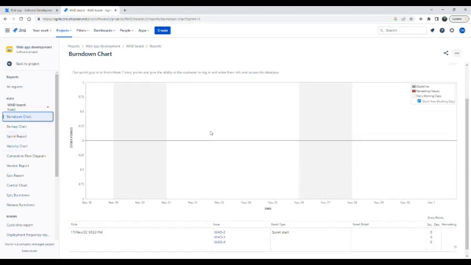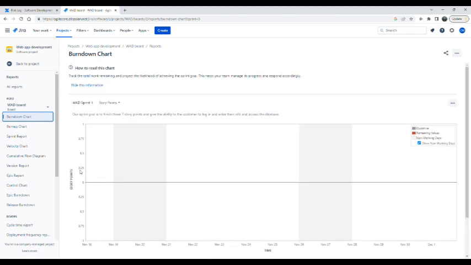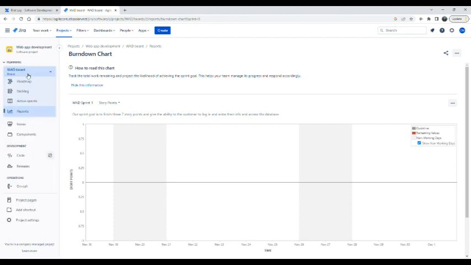Okay, so this is the burn down chart for us, and you can see it shows how the progress went. Burn down chart, sprint report, and velocity chart, these three are super critical for any project, and epic burn down as well. So these things are super critical for any project. These are the reports that you have to create, and how you will do that is you will just click